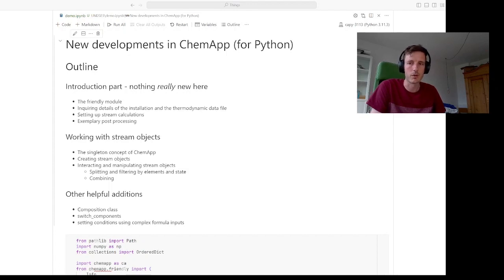In this talk, I will go through this Jupyter notebook, not a presentation, so that I can directly work with the code, because I feel that the simplicity that the ChemApp for Python interface offers is best illustrated in this type of way. So we will go through the introduction part, which is very small, and I say there's nothing really new here, but I still think it is worth an introduction for those that haven't heard about ChemApp for Python yet,